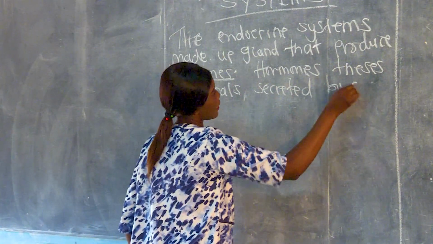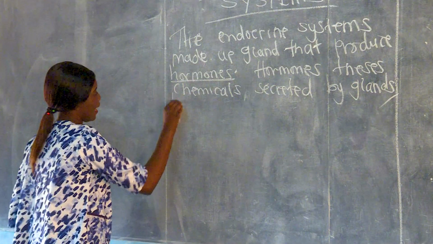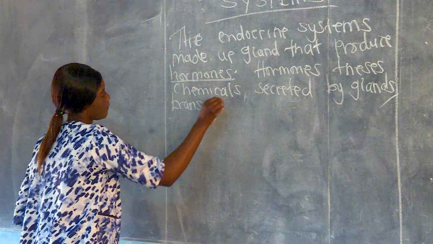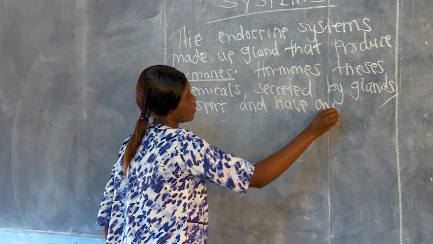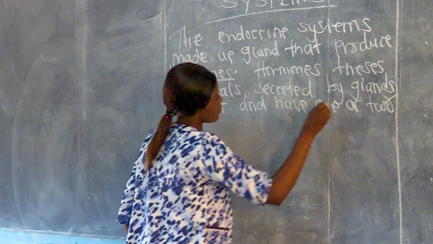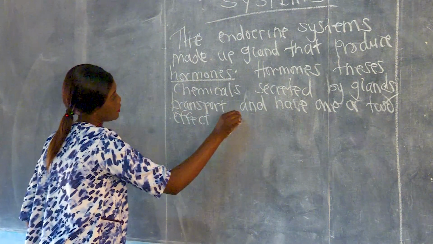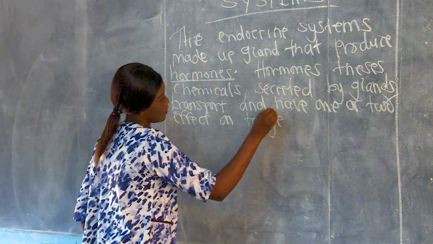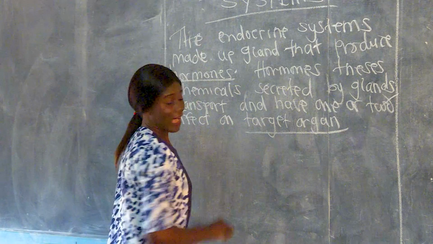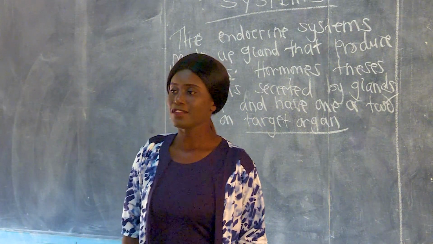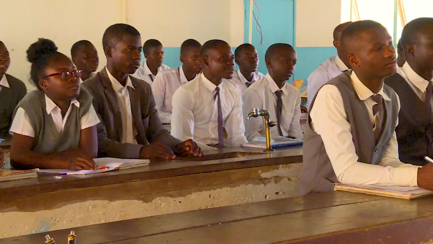Secreted by glands, transported by blood, and have one or two effects on target organs. Are you following me? Alright, so hormones are secreted by glands, later transported by blood, then they have